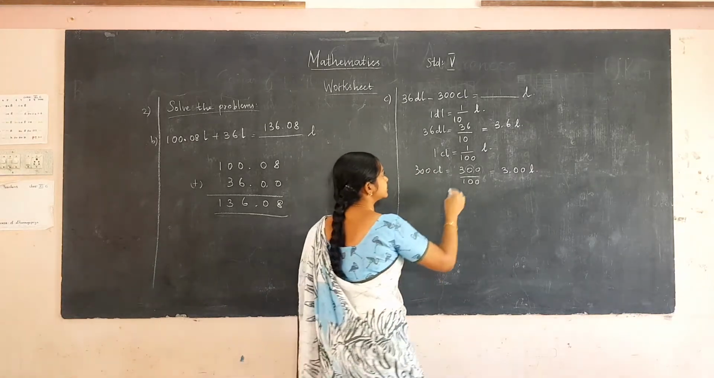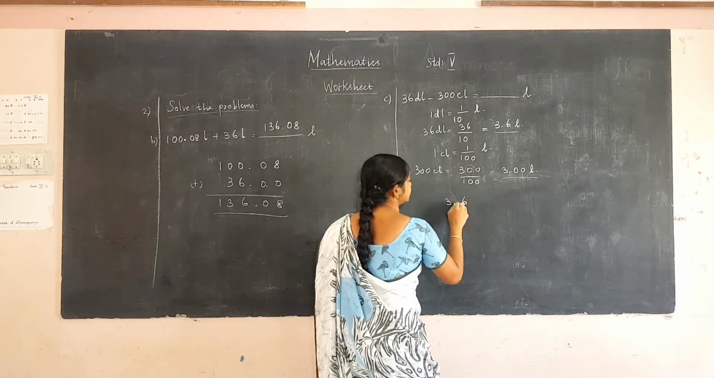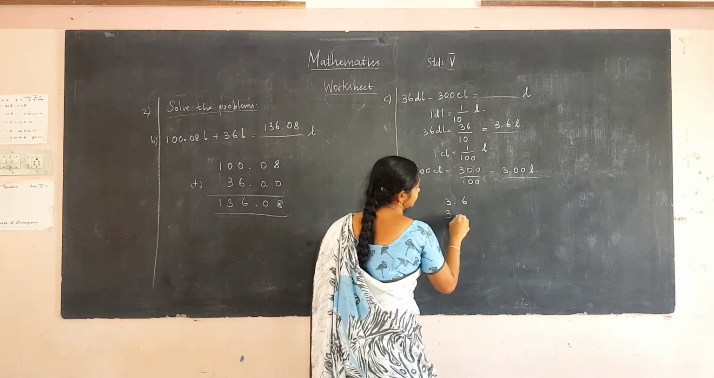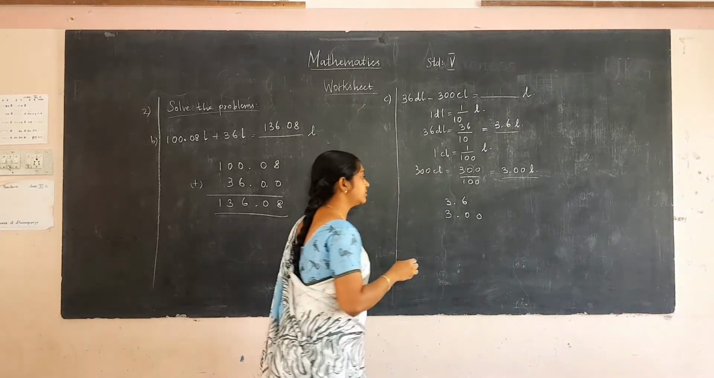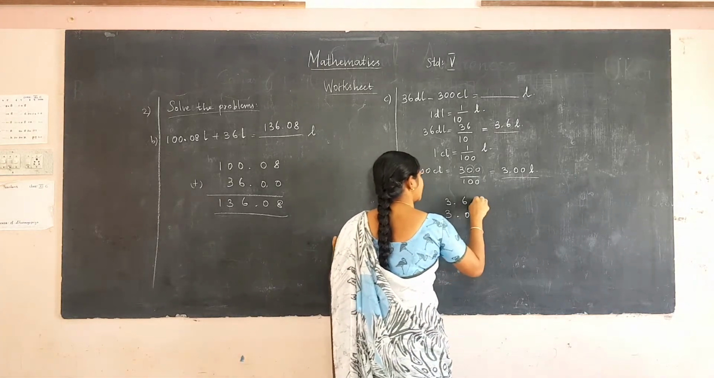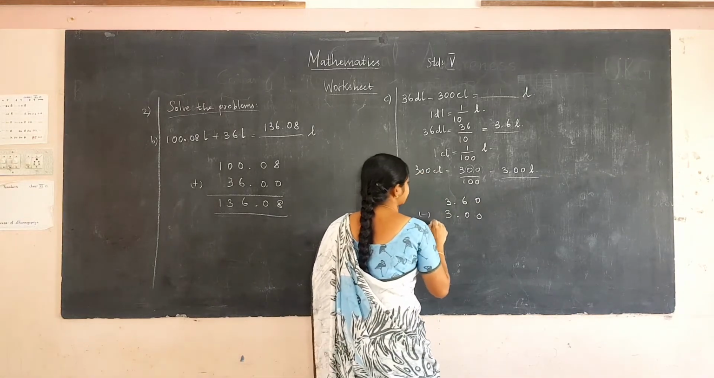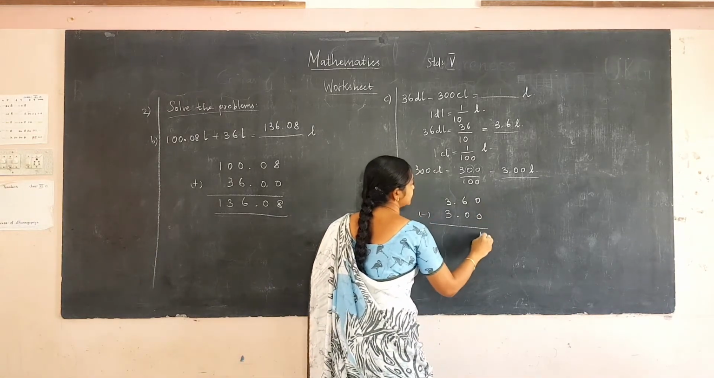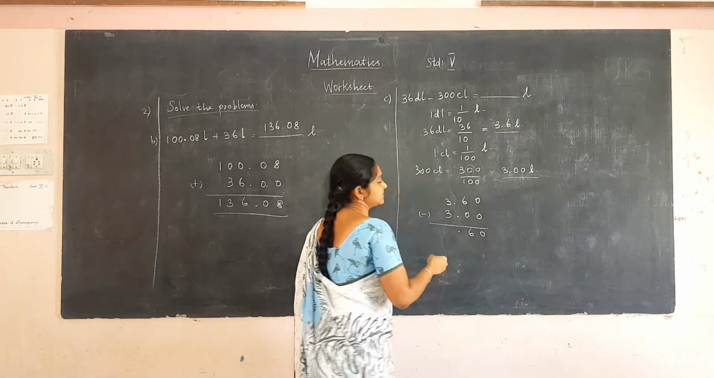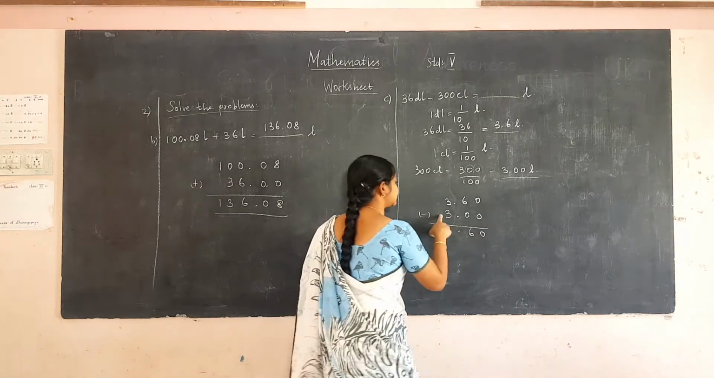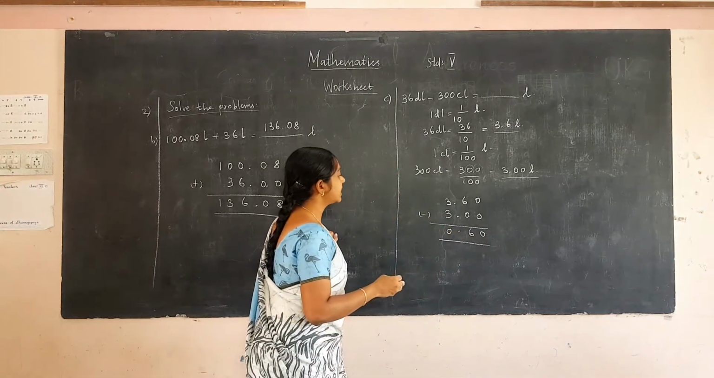Next, we are going to subtract 3.6 liter and 3.00 liter. We have to put 1 zero to convert unlike decimal into like decimal, and now we can subtract. 0 minus 0 is 0, 6 minus 0 is 6. Now we have to keep the decimal point. 3 minus 3 is 0. So the answer is